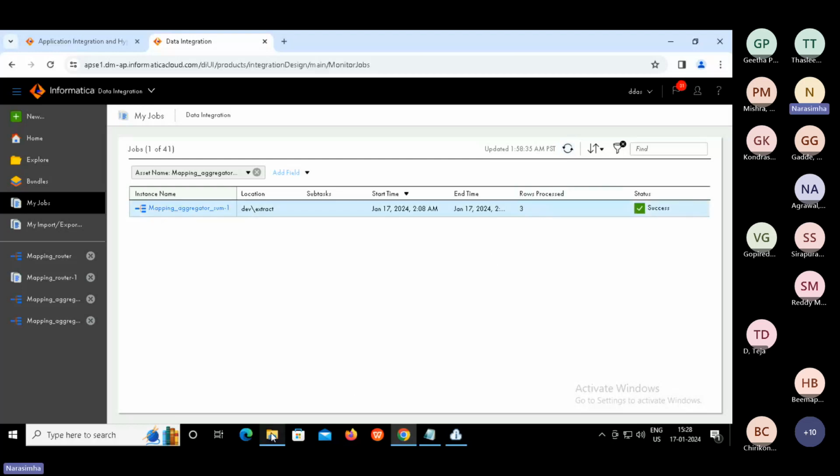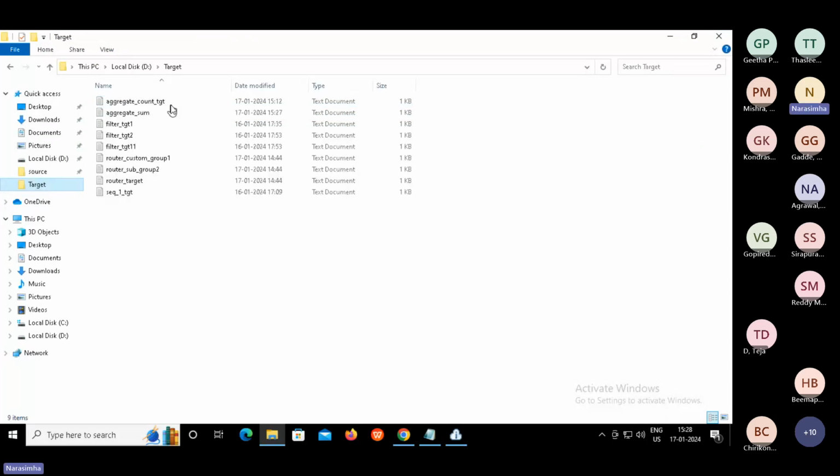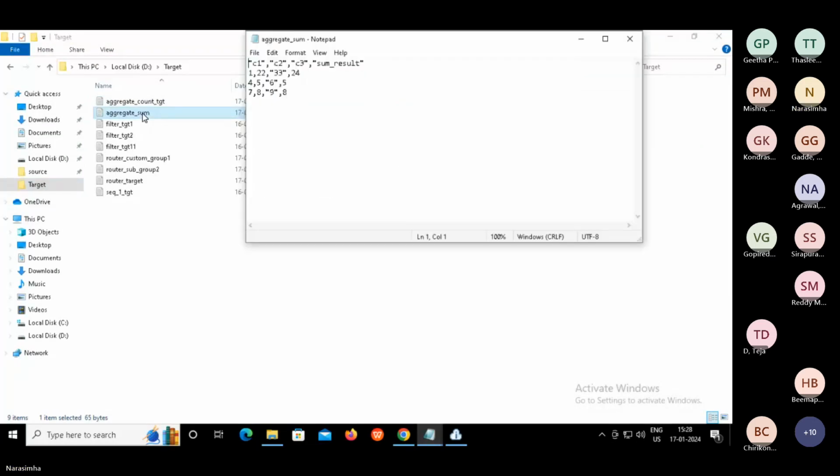Anyway, the count will be the same, but the result we expect here is the sum. Let's go to target, aggregate sum. Open that. See, this is what we expected, right? 24 we expected, right? 22 plus 2, 24.